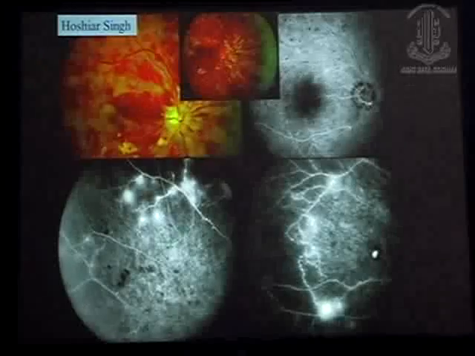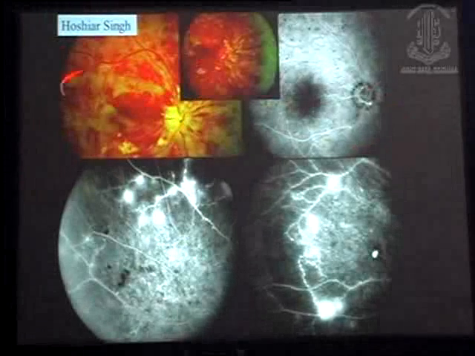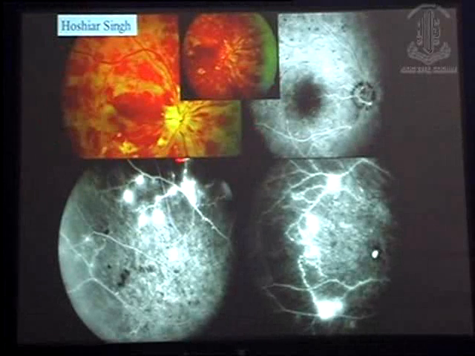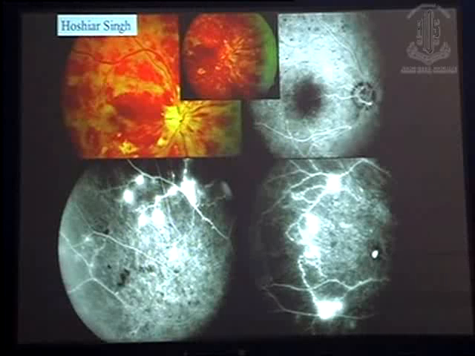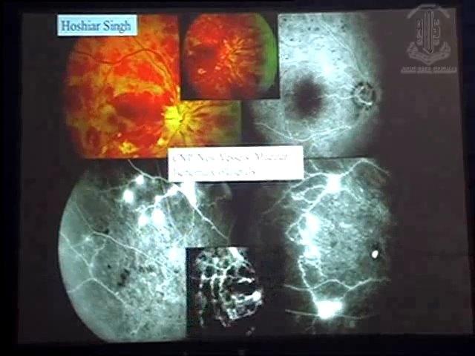But once the patient has resolution of vitreous hemorrhage and these retinal hemorrhages, you see the wealth of information provided, a lot of non-perfusion areas and a lot of neovascular areas. So the whole management changes. So this patient does require laser treatment. Anti-VEGF alone would not work in such a situation. So FA helps you in picking up ischemic areas and neovascular areas.